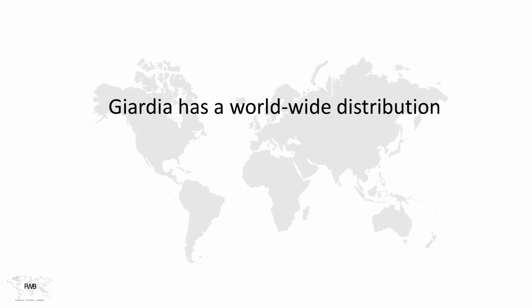So where is Giardia found? Giardia lamblia is found throughout the world. There is no place that people live that Giardia has not been found. So that tells you something about the universality of this parasitism. And it doesn't tell you how it's acquired, but it gives you a hint that it may either involve food or water, because those are the two essentials that we can't live without.